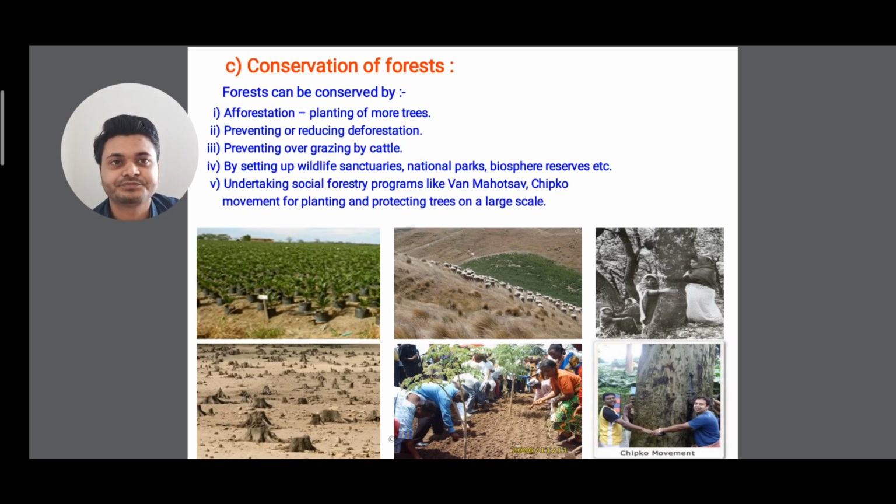All right. If afforestation is done, then the topsoil remains within that place only. Otherwise, if there are no trees, isn't it? If deforestation is done, we know the top layer is the fertile layer, isn't it? So it gets eroded. Soil erosion also takes place by air activity. So planting of trees, afforestation, is done. It helps. It has a lot of beneficial activity.